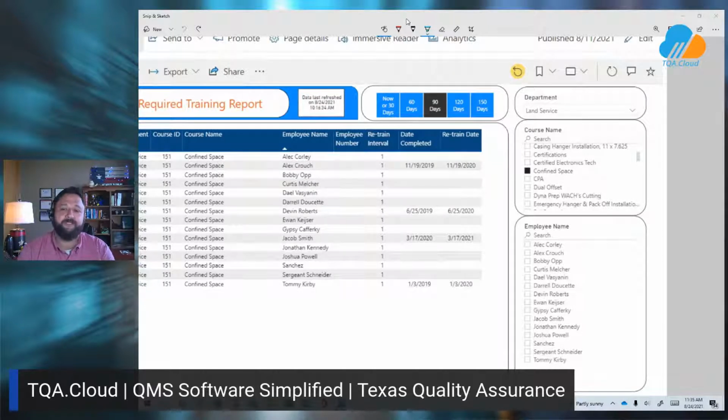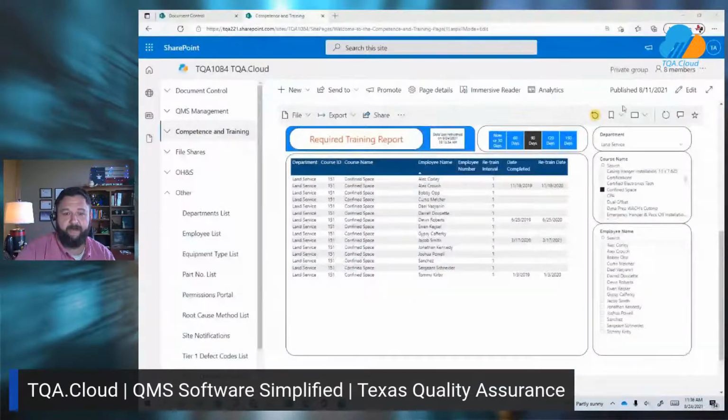So the best way to do this is really identify the particular department that you're looking to train, the training you're looking to conduct, and then only pull the folks absolutely necessary for that training. So this is going to ensure that you're not overtraining personnel, you're not pulling them away from production, and you're getting exactly the folks you need trained in the interval that they need it. And again, we can have that advanced notice of what's coming. And this is going to really allow you to appropriately plan your training program in ways you really never could have before. Let me minimize that there.